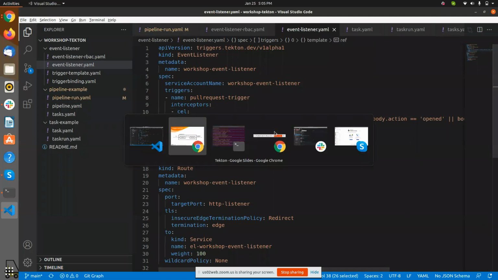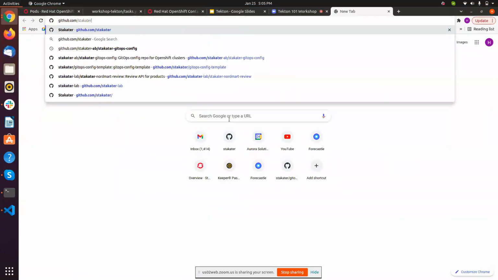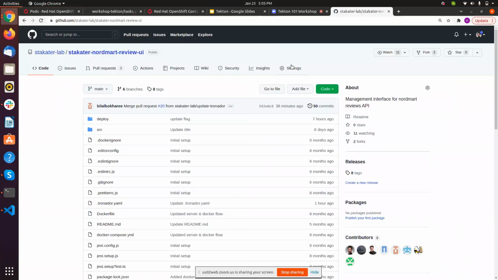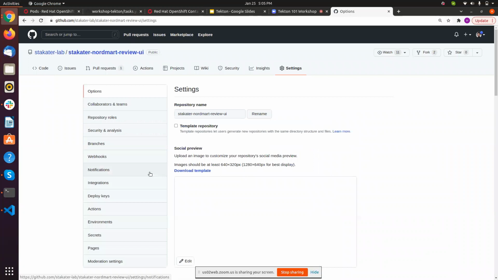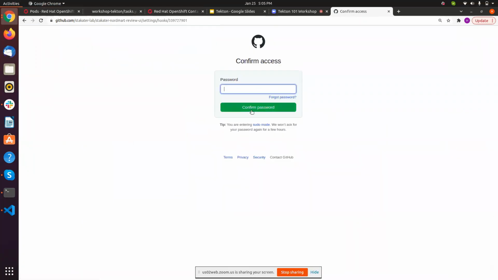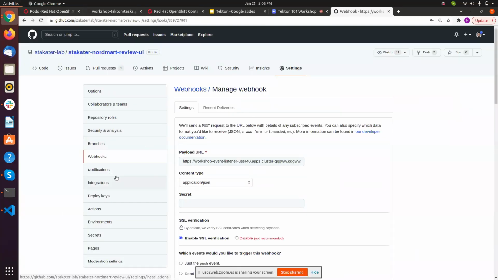So if you're curious about which values it is taking, I'll show you the payload as well. So if I go into the settings, you need to have admin permission for that, for any repository to work. And then I'll just type the password. All right. And if I just look at the past deliveries,